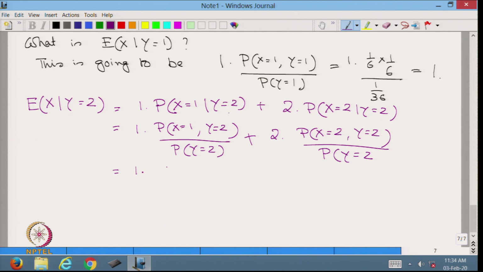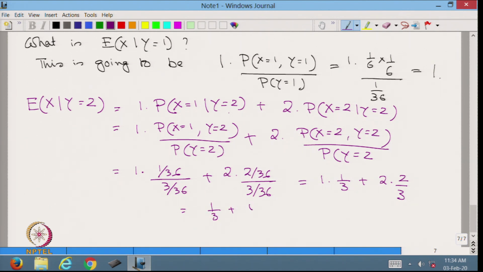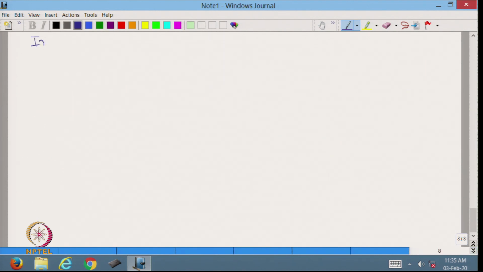1 times 1 by 36 divided by 3 by 36, plus 2 times 2 by 36 upon 3 by 36, is equal to 1 times 1 by 3 plus 2 times 2 by 3, is equal to 1 by 3 plus 4 by 3, is equal to 5 by 3. In a similar way,